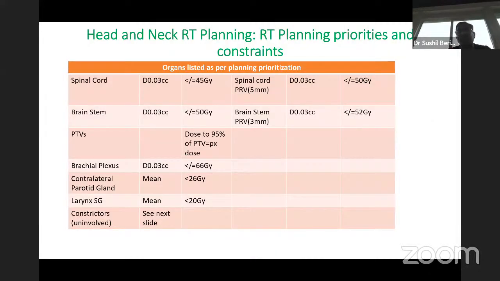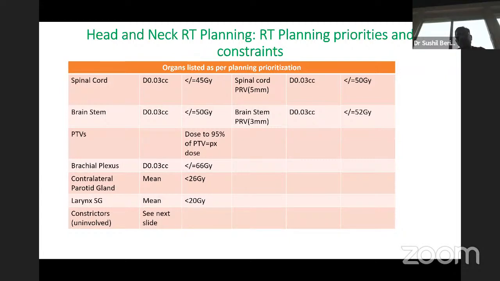So this is what we are talking about. We try to limit to 45 gray, not based on the tolerance, but more based on the idea that we want to limit the cord toxicity to 1 in 1,000, more so in the area of chemoradiation therapy. With VMAT, you have another safety factor because you give 45 gray in 7 weeks, so the dose per fraction is lower. So in essence, you have more safety factor for the cord than we had in the 2D era.